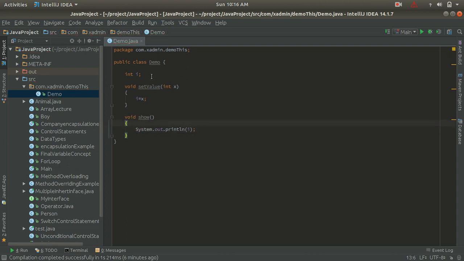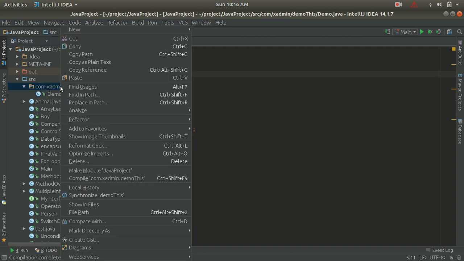So inside the Demo class I have created two methods. The first is the setValue method to set the instance variable, and also a show method to display the value of i, and also I have created an instance variable with the name i, right? Now I am going to create one more class.